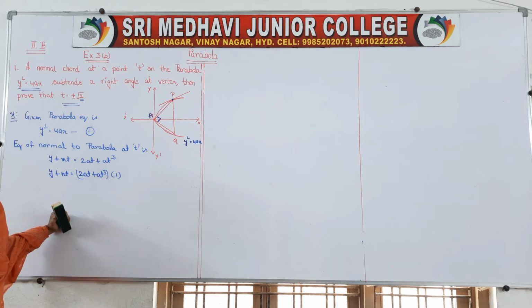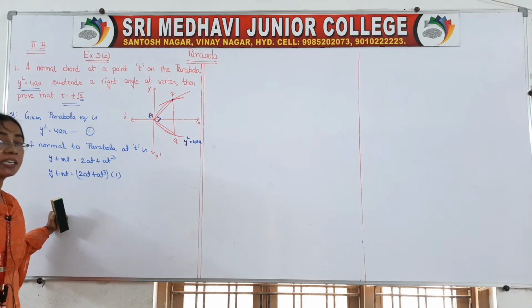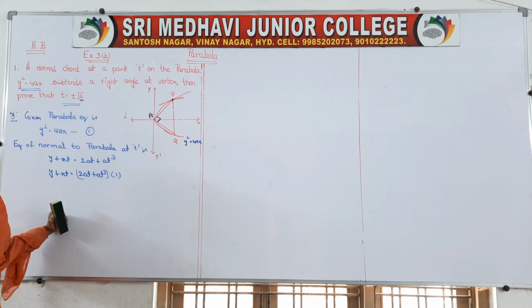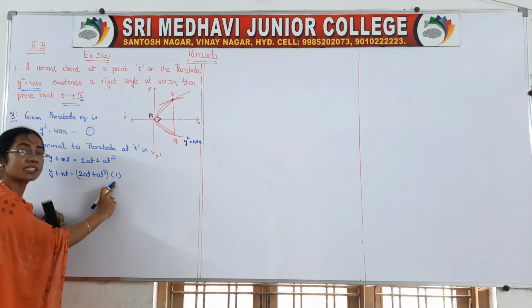a can be written as a into 1, x square can be written as x square into 1. Any value can be written as 1 into that value. Then you can ask why we have to write like this. To homogenize, as I said, in the line equation the right side value must be equal to 1. So here we want the right side to be 1.